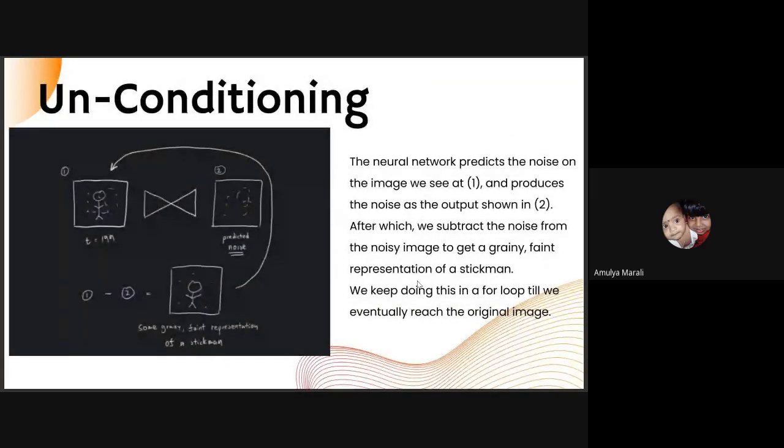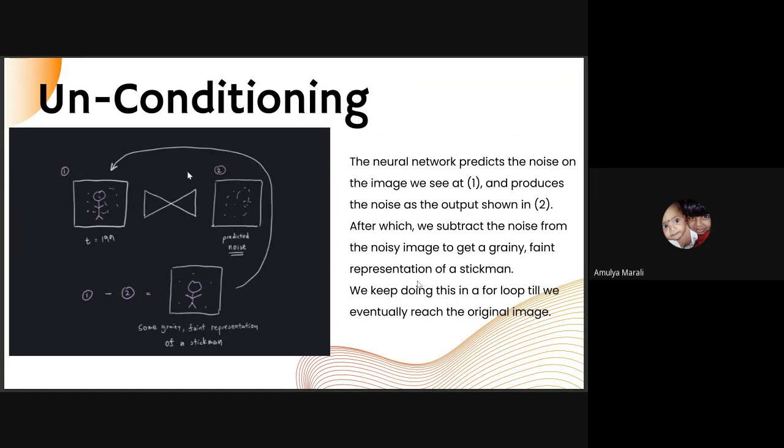So as I told you, there are two methods here in order to get the image output or denoise it. The first one is unconditioning, where you have an image, and as I told you, you do the forward diffusion process, then you do the reverse diffusion process in the latent space, and you generate your new image. So here you can see, in the 199th